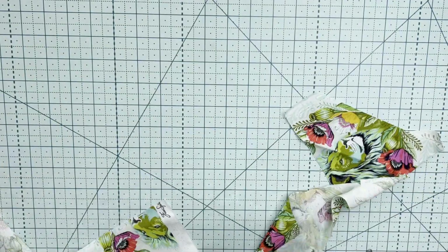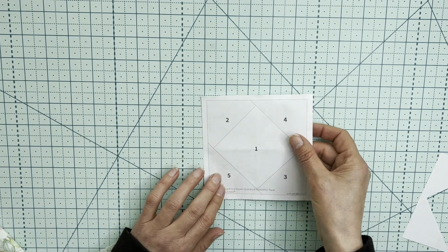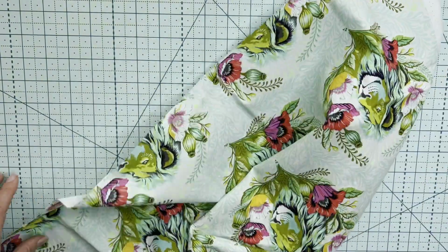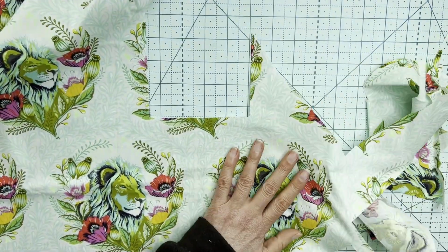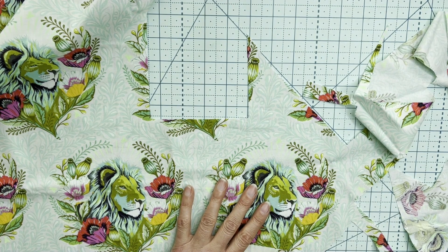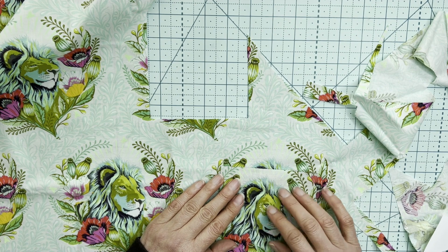And so there I have my square already cut out that's going to go perfectly in the middle of my Square and a Square. So I now need to cut 3 others exactly the same, and so I keep that piece handy, pop my piece of fabric back down again nice and flat, and get rid of all the little Swiss cheesy bits. So there I have my new line, and what I like to do is actually place my cut-out on top of my template